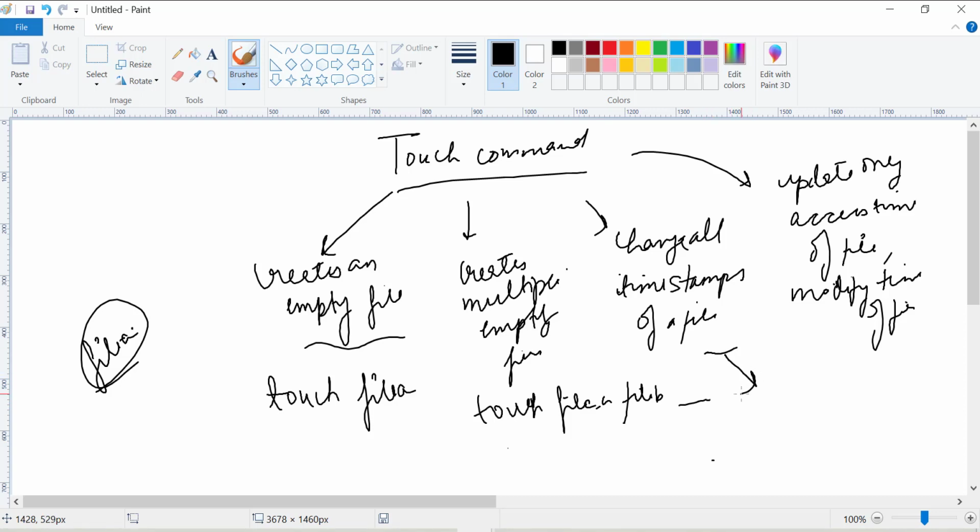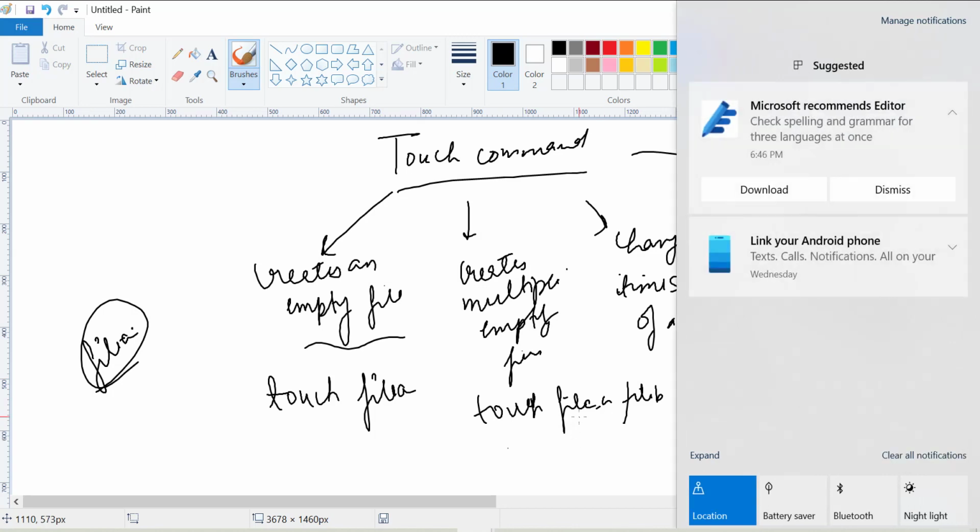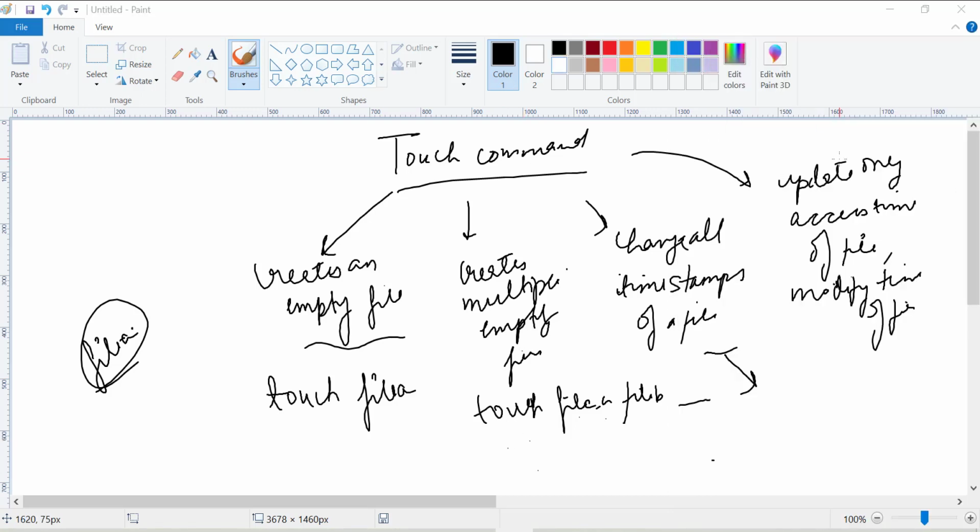Change the timestamp. So how will you change the timestamp? Let's say I want to change the timestamp of file A. So I will write touch -a file A. So basically this will change the access timestamp.